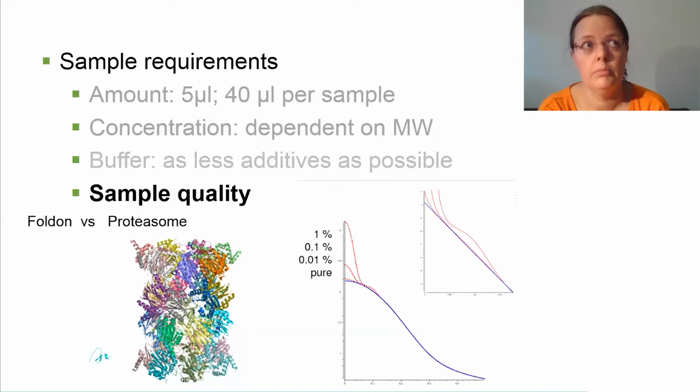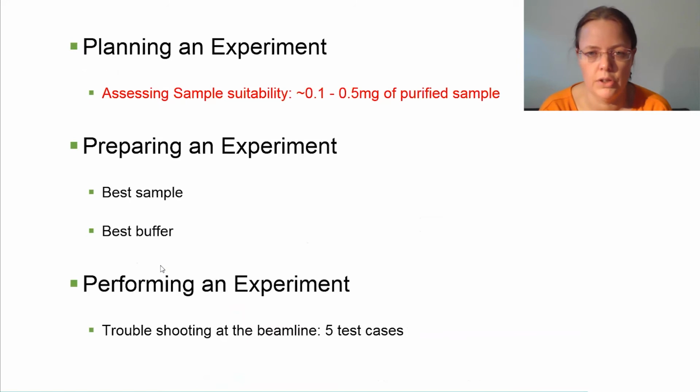And the problem with many contaminations that we have is the oligomerization states or the aggregation, and this really influences your scattering curve. And at higher percentages, it doesn't only influence the small beginning part of your curve, but you also have influences all across the different S ranges. So sample quality is a big issue, and this is something that you really have to keep in mind when you're doing your SAXS experiment.